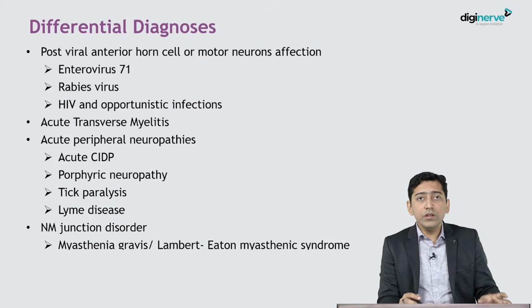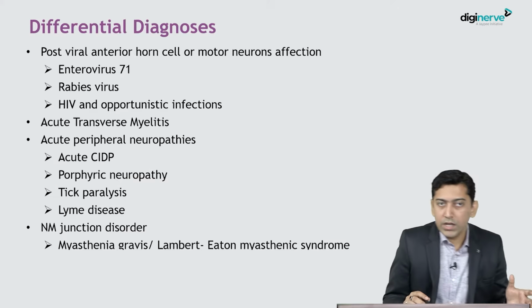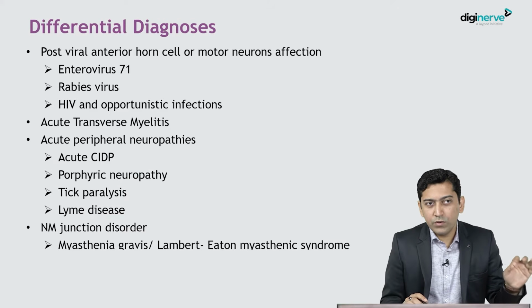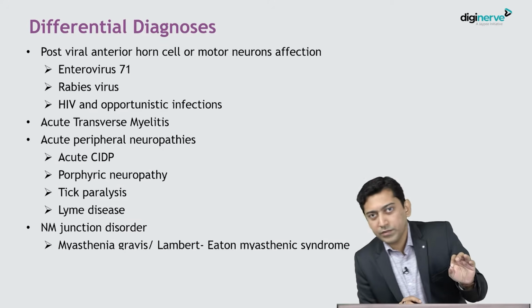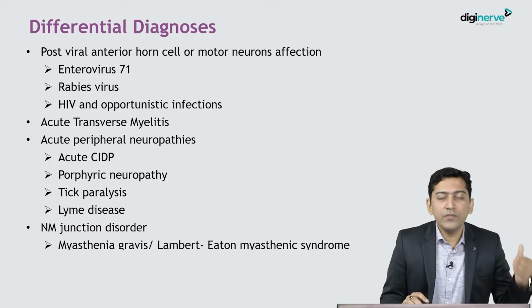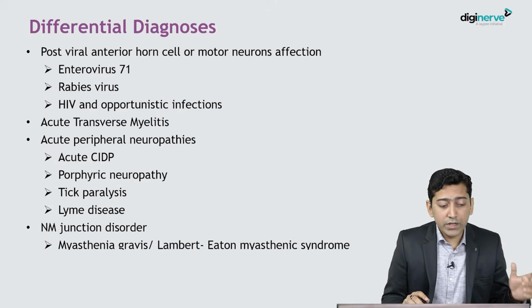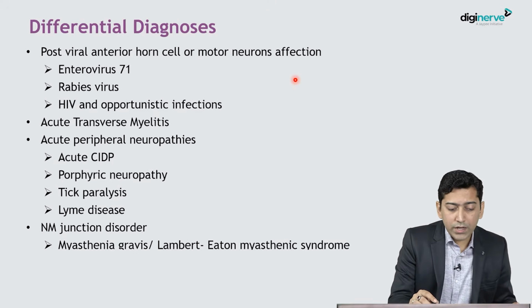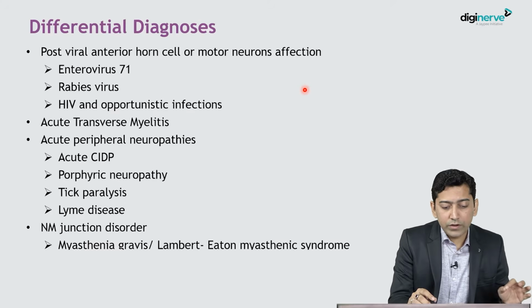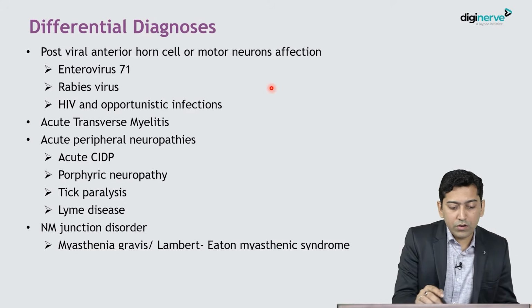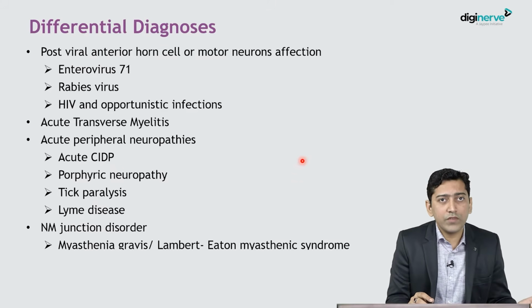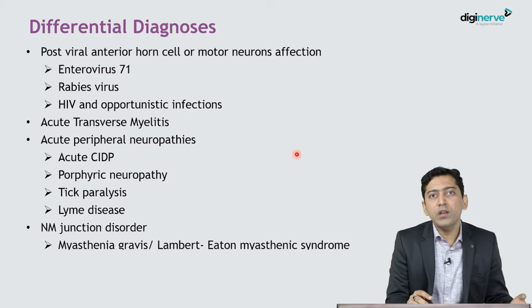Now coming to the differential diagnosis. So we do have a strong clinical suspicion. We go for nerve conduction studies. But there are certain differentials that we have to consider. So one is whether we are dealing with post-viral anterior horn cell infection or not. For example, associated with enterovirus 71, rabies virus, and HIV associated with opportunistic infection can also present with similar clinical